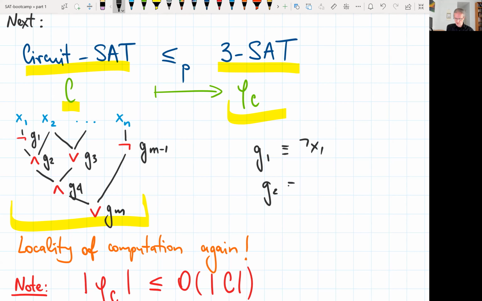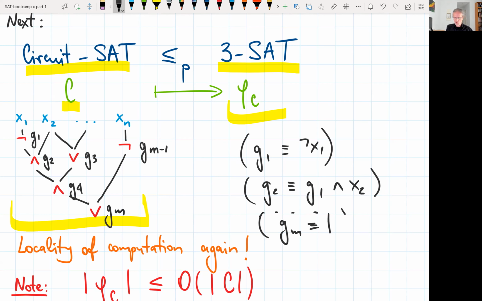G2 must be equivalent to G1 concatenated with x2, and so forth. And also we need to say that the last gate, Gm, is equivalent to 1. It's true. Okay? So now we need to impose these conditions over all gates on our circuit, which basically tells